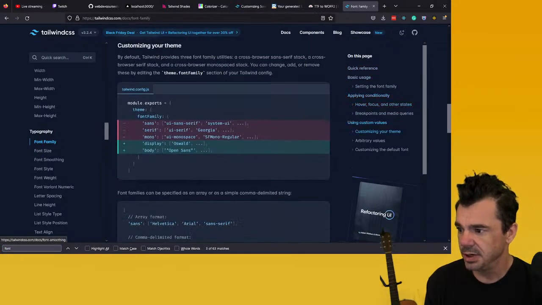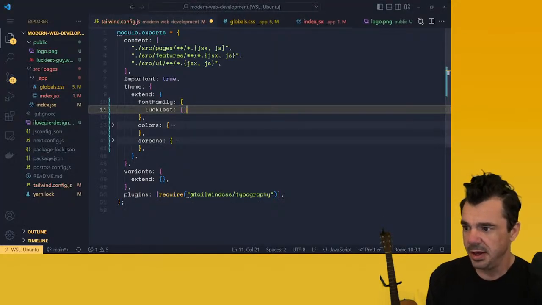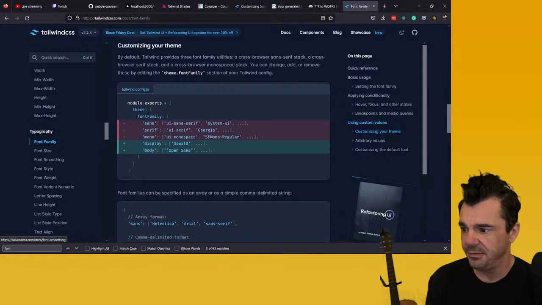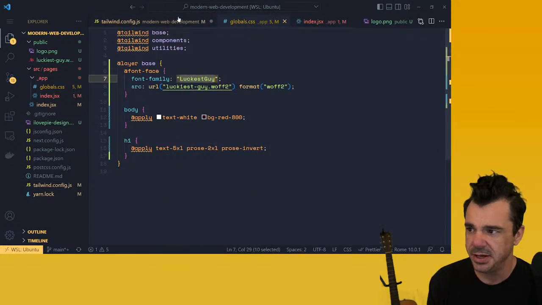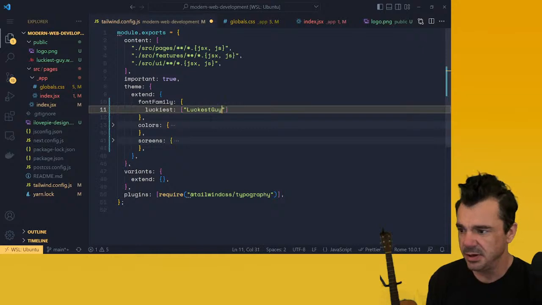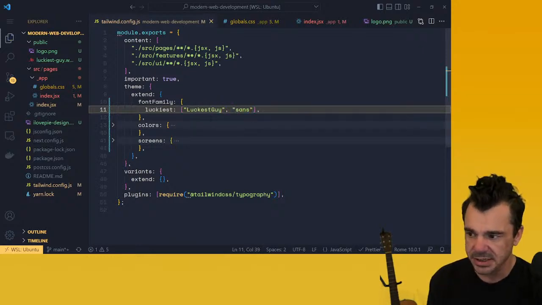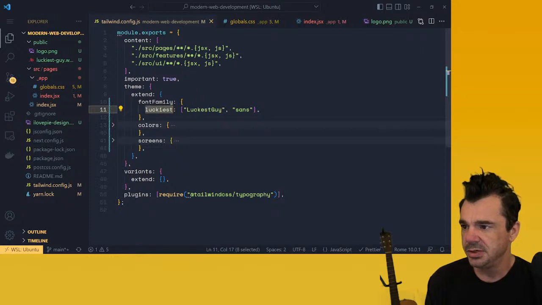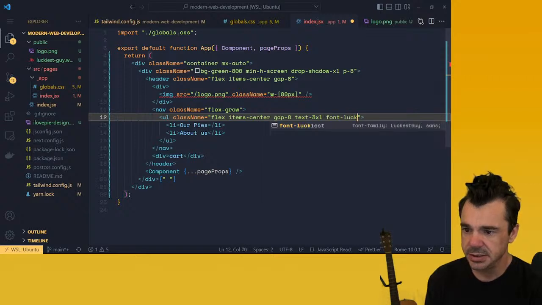Here's a customize right here. You give it an array, and that array has to have your font file. Or not your font file, but the thing that you named it. So we named it luckiest guy. Got to be luckiest guy. And then you could put a fallback, like sans. So now if I come back over to here and I say font dash luckiest, not only does it show up